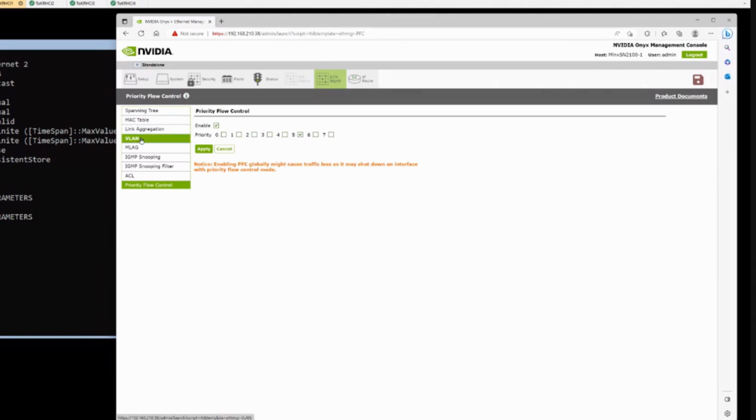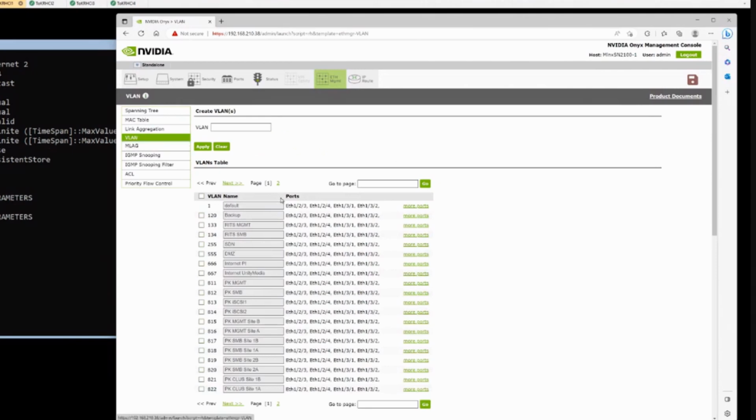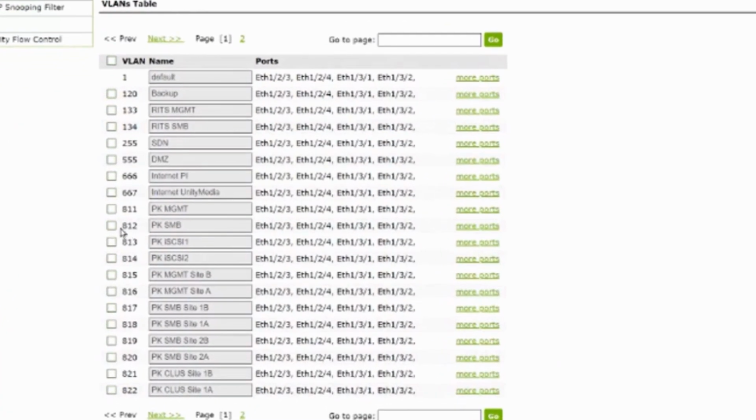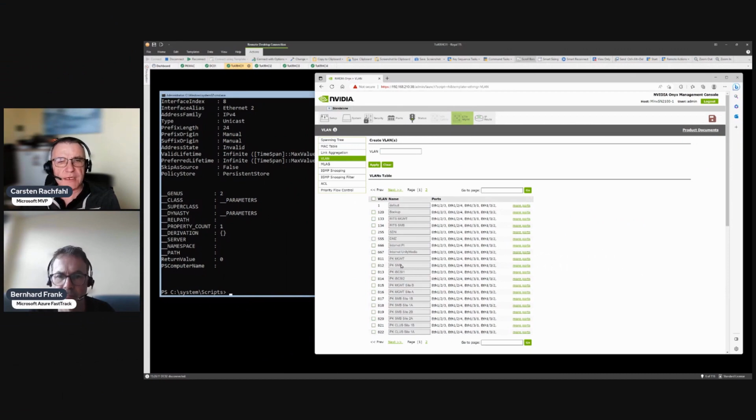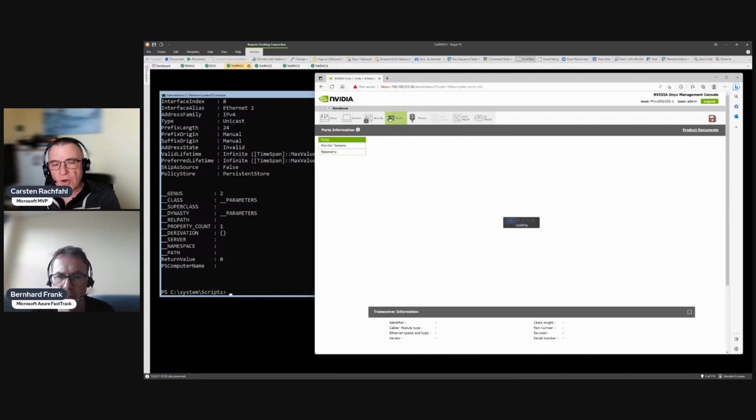Then we have to create VLAN tags, because we have to allow our switches to use VLAN tags. And you see here, here's the 812. We have a PowerCourse SMB VLAN tag. I created it. And then the last part, on the ports